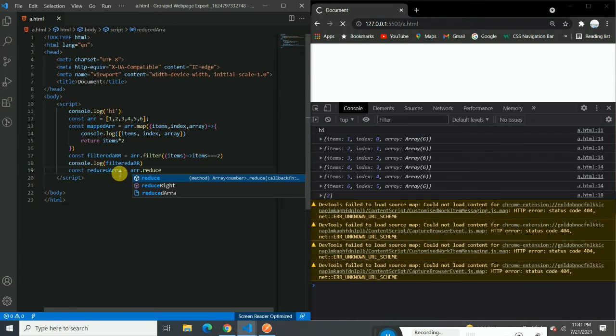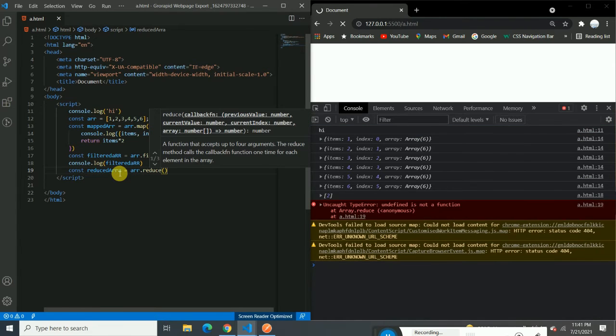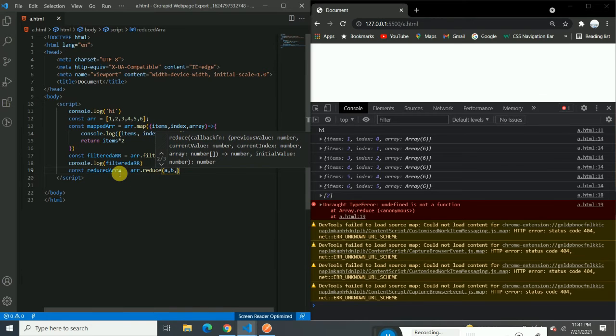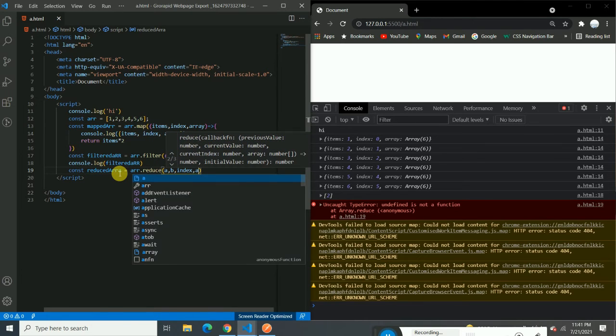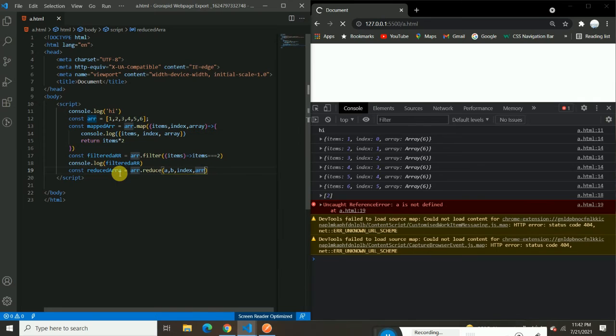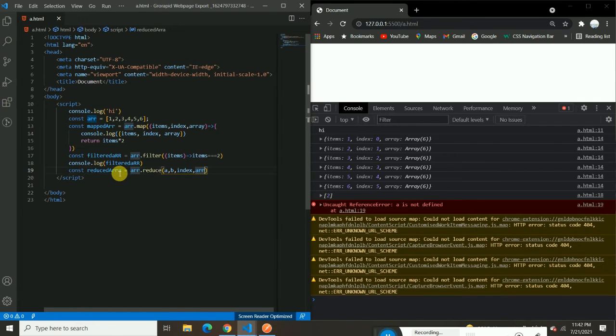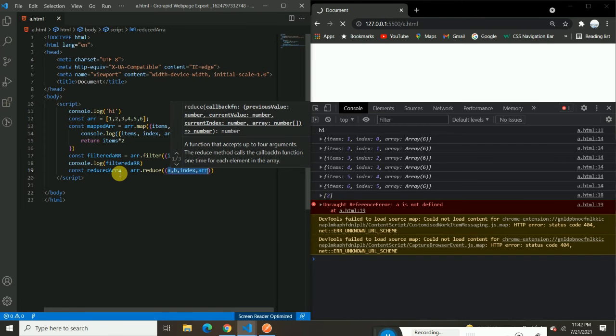And what I'm going to do is type a comma b comma index comma array. Okay, so right now let me just make a callback function,